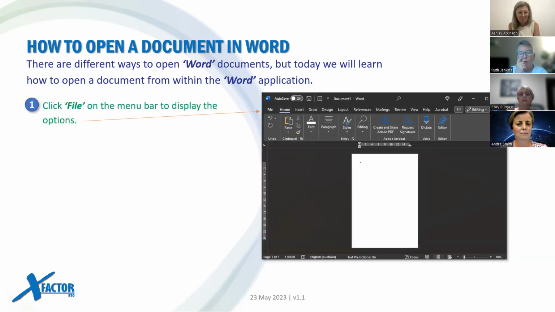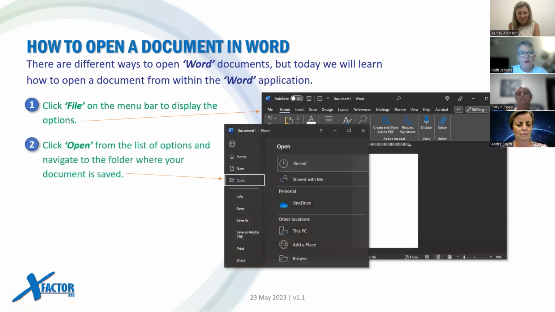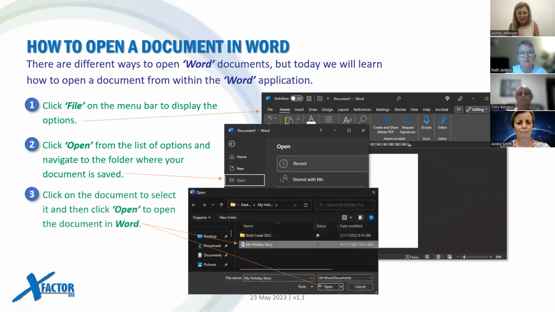Up at the very top, you will see that there is a file right on the menu bar. Click open. You can see that? Click open from the list of options and then navigate to the folder where your document is saved. You should be able to find a document in there from the past. Everyone got one? Any document at this stage. Great. Now click on the document to select it and then you click open and it opens up in the